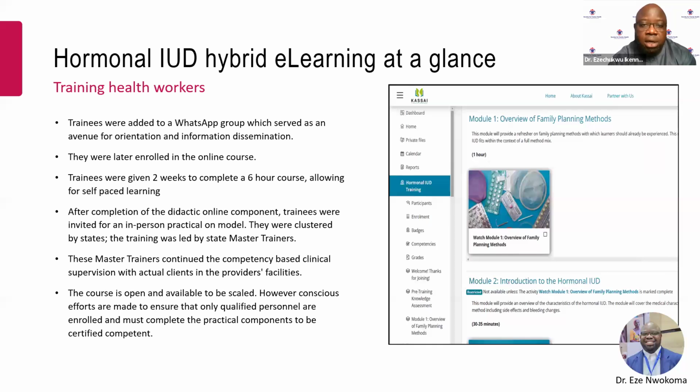So what we did on the course was the trainees were actually added to a WhatsApp group, which served, of course, as our avenue for orientation and guidance on how to navigate the platform. And then they were later enrolled onto the course online. This course is actually a 6 to 8 hour course if taken straight. But the trainees were given about 2 weeks to take this course,